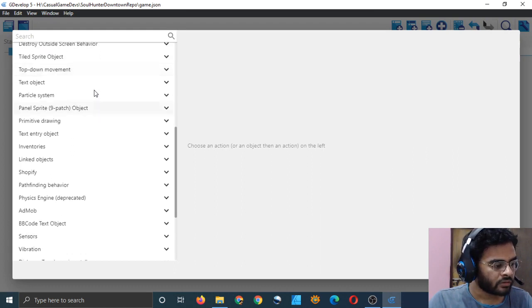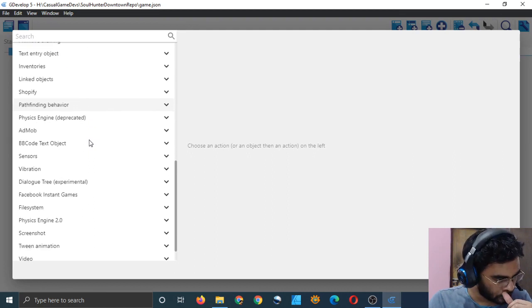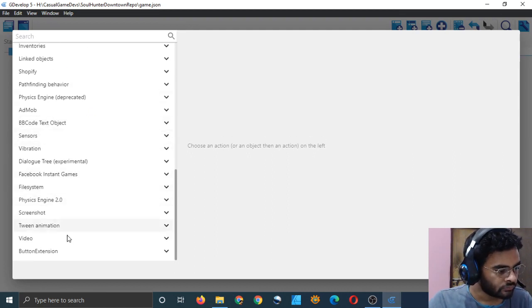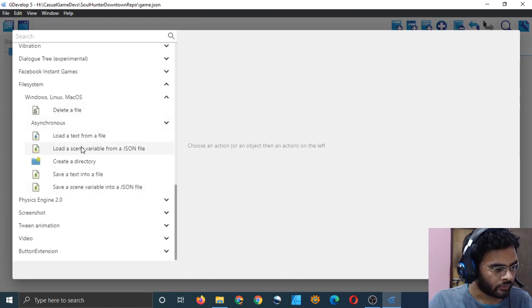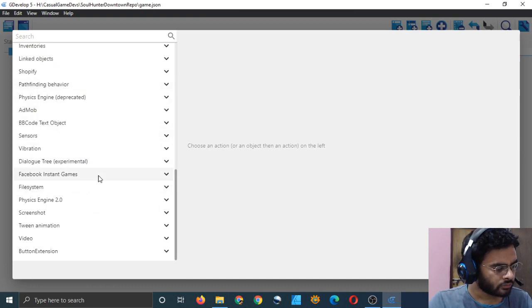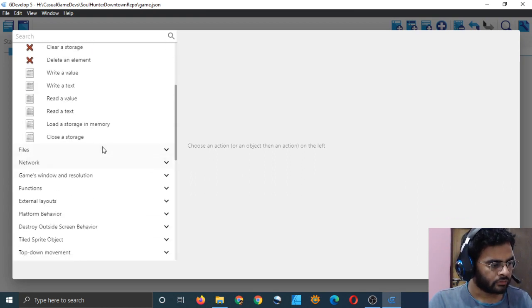But let me just check out. Yeah, that was it. File system. Delete a file. Load a text from a file. Load a scene. I can do these, but I don't want to do that. I think this was the one.